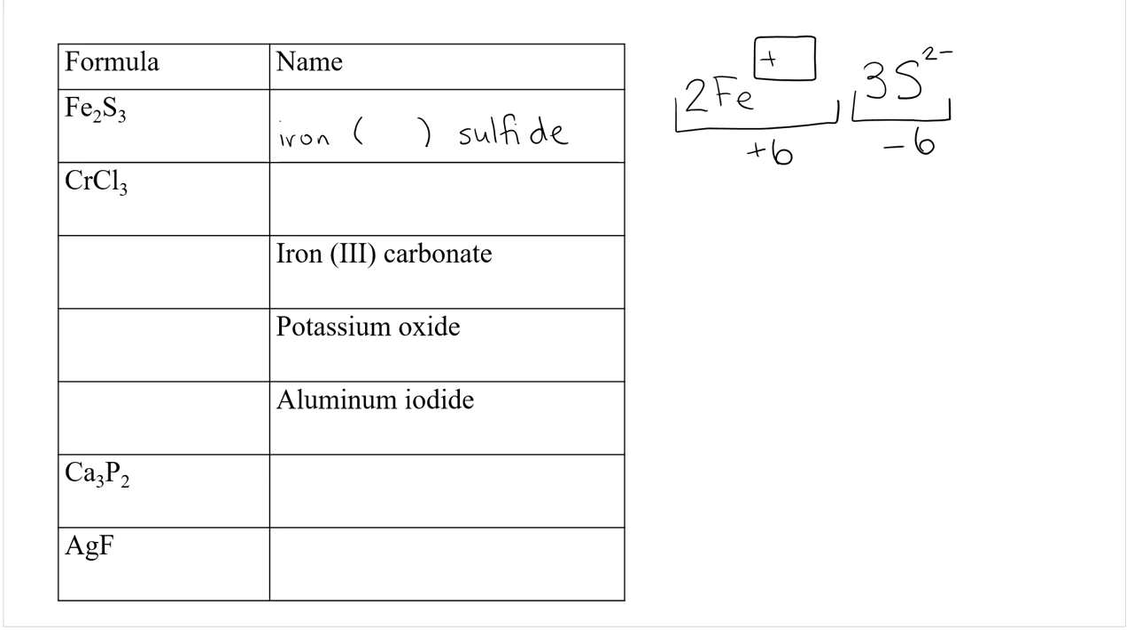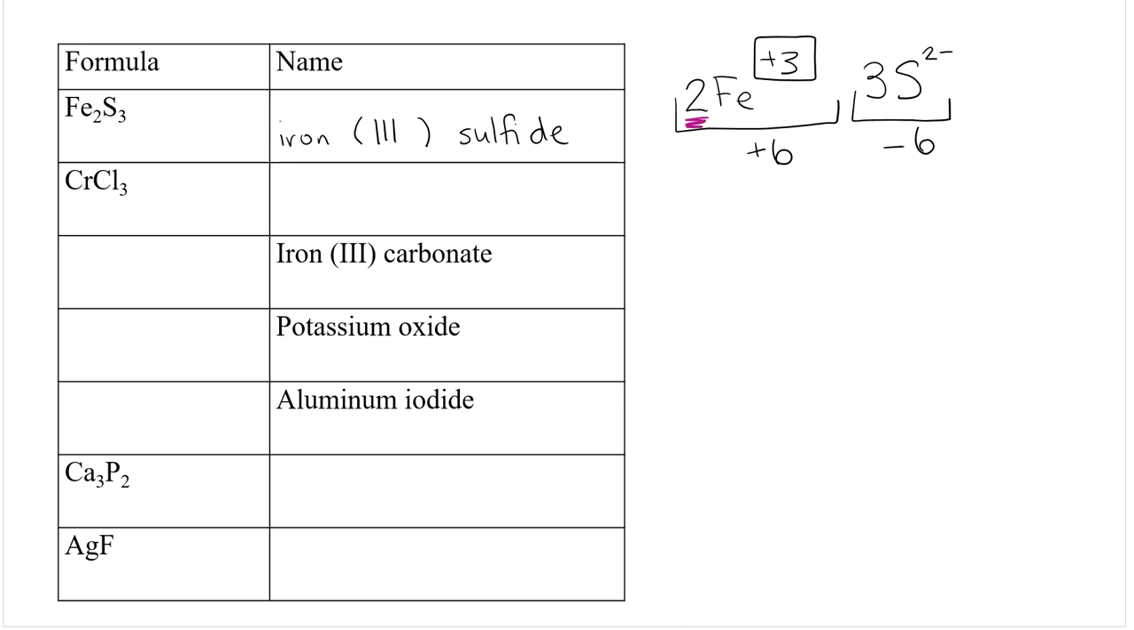But we have 2 of them. That means the charge on each individual iron is +3. Good job, friends. So the way we say this is iron 3 sulfide. So it's iron with Roman numeral 3 after it and then sulfide. Does that make